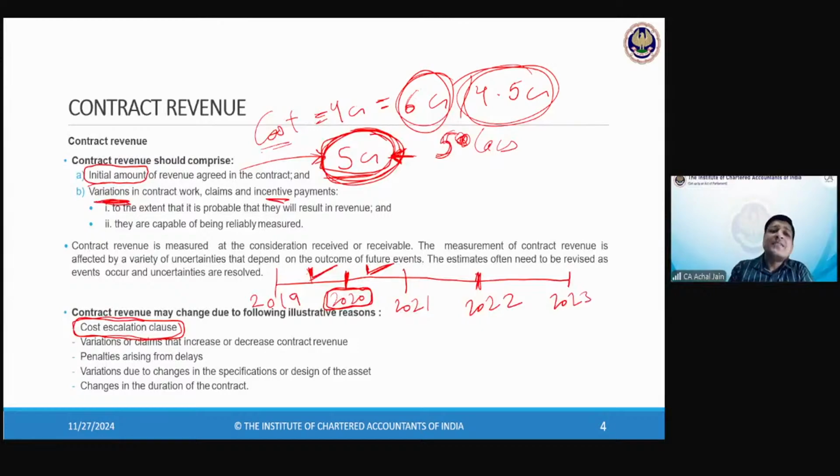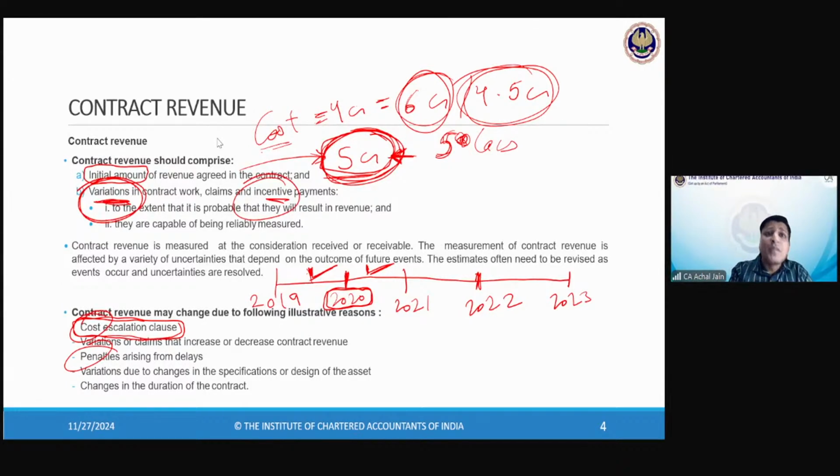But other than that, if you look at any sort of variation, whether you call it incentive, cost escalation, or penalty, all of these things, principally they are agreed. But in terms of amount, are they agreed at the beginning of the contract? Even if we say principally, conceptually, they exist in the contract, as far as their amount is concerned, are they agreed upfront? Tell me, what do you think? Hardik says no. So as far as their amount is concerned, that amount is not known at the beginning of the contract.